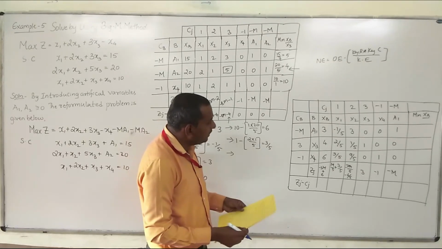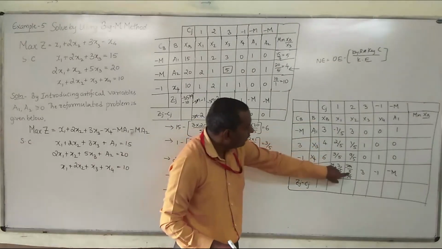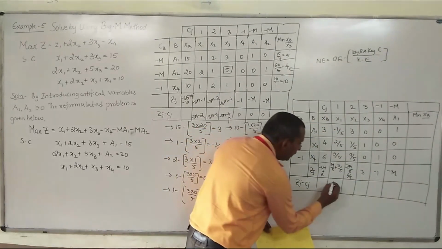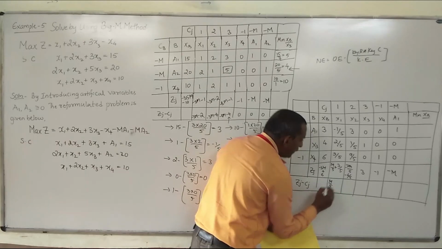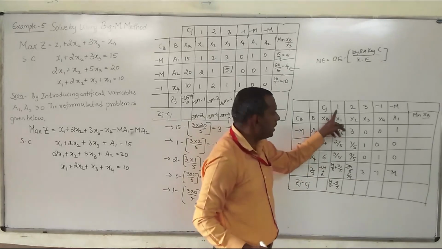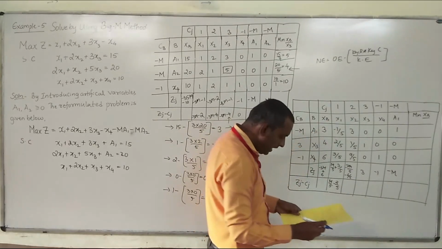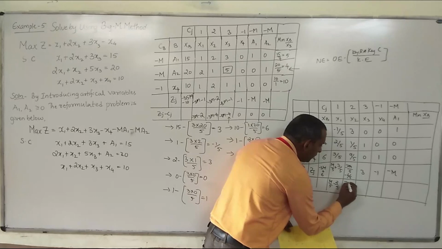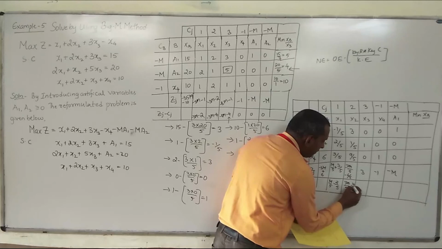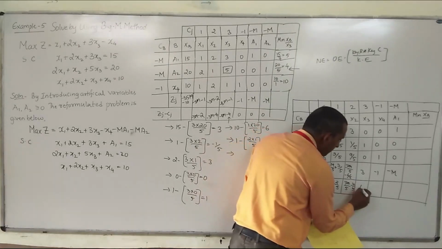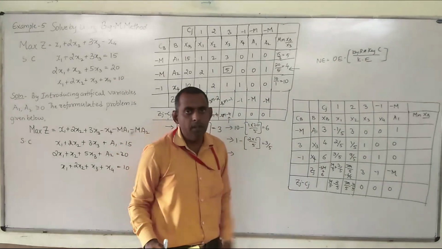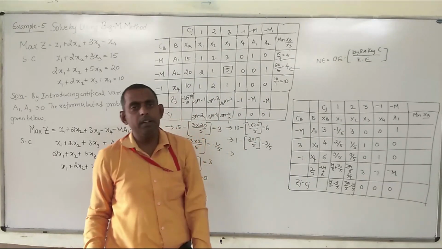Once we have the Zj value, we need to find the Zj minus Cj value. How to find Zj minus Cj? This minus this, this minus this, this minus this. So it is m upon 5 minus 2 by 5 after subtracting with this one. Next comes 7m divided by 5 minus 16 by 5, and the remaining are 0, 0, 0. So we got Zj minus Cj. Next it will be explained in the next session.